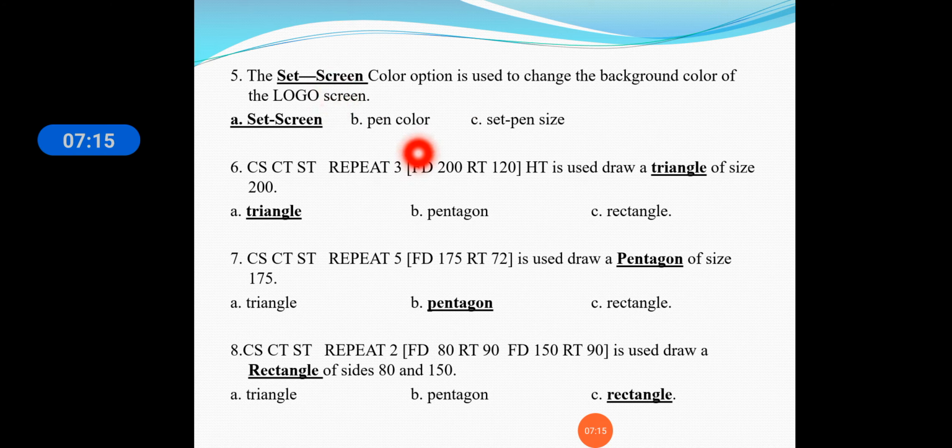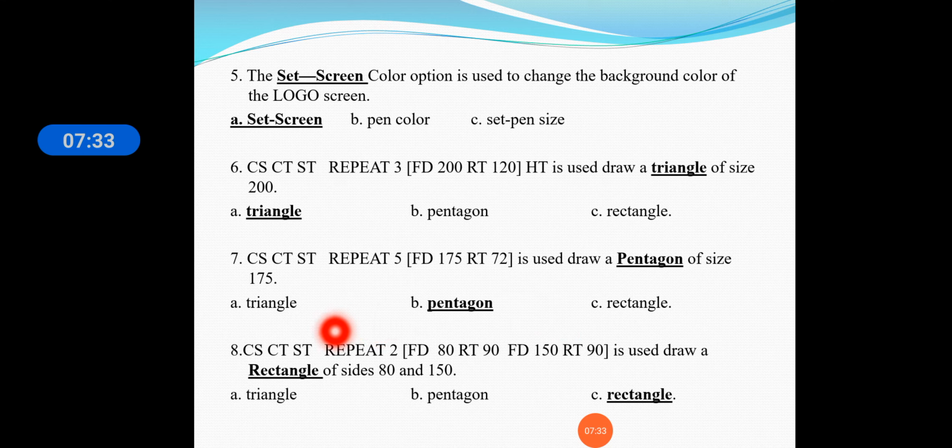Repeat 3 is for a triangle, as the triangle has 3 sides. Repeat 5 is for a pentagon, as the pentagon has 5 sides here. Repeat 2 FD80 RT90 FD150 RT90.